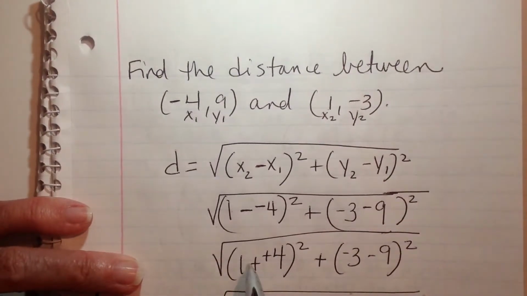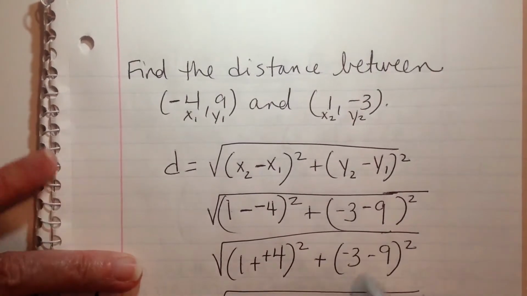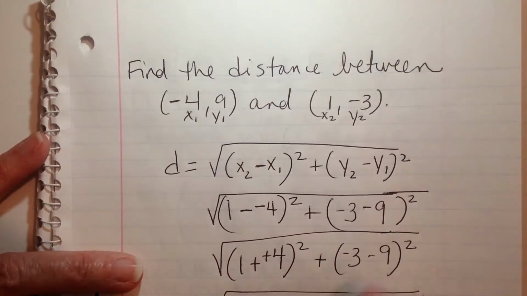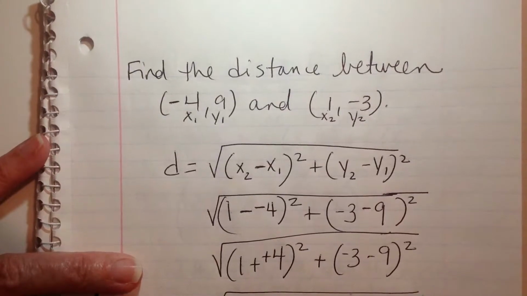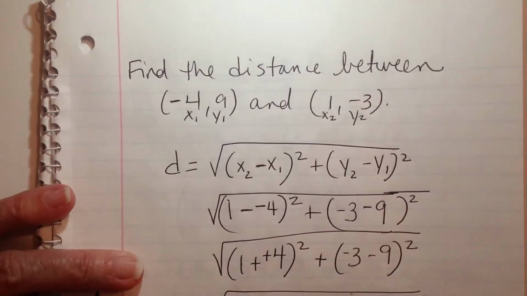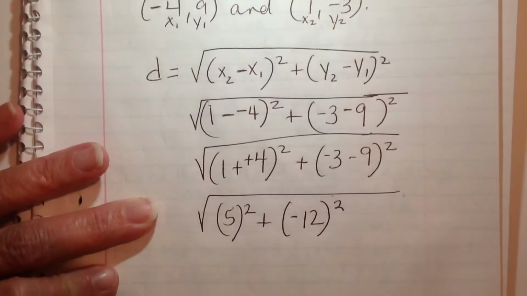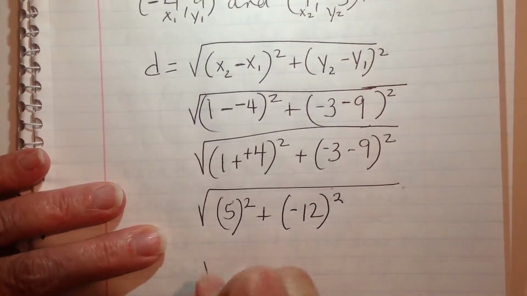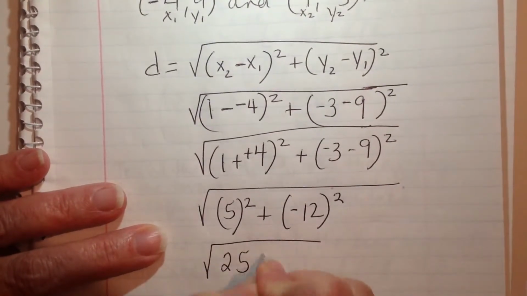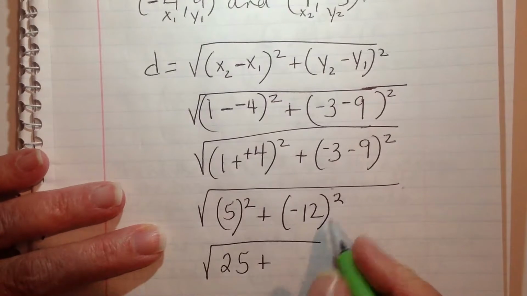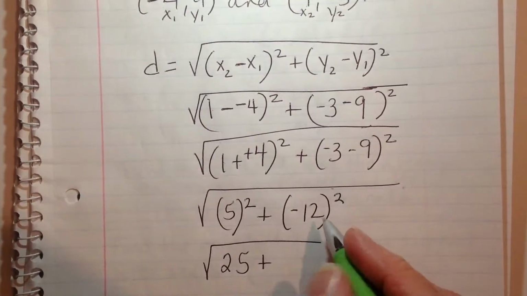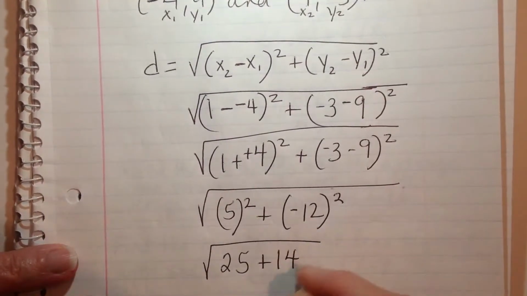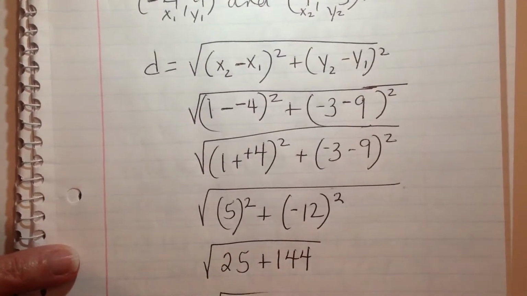So continuing on, 1 plus 4 is 5. I'll have to take 5 and square it. Negative 3 and negative 9, that gives me negative 12 squared. Okay, so working on down, 5 squared is 25. 12 squared, 12 times 12, negative 12 times negative 12 is going to give me 144. Well, if you add those together, you get